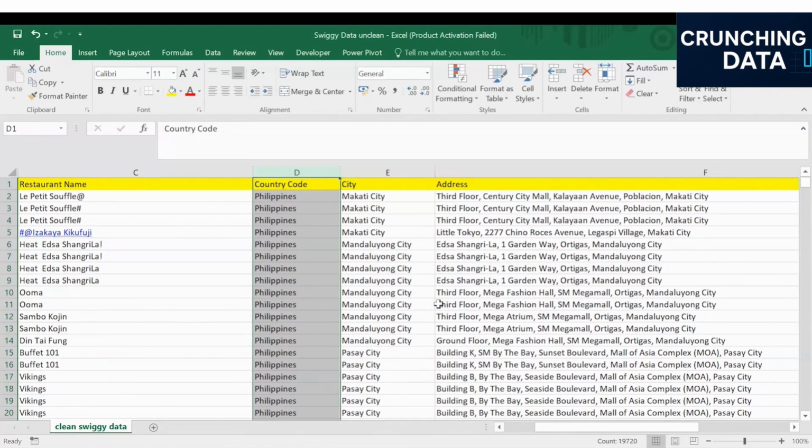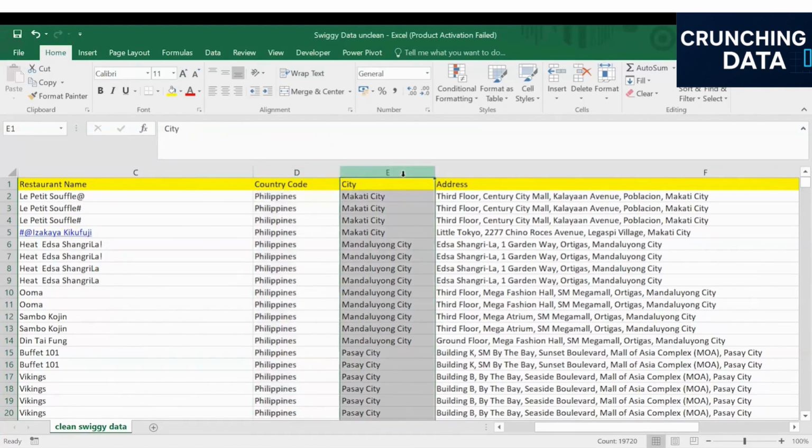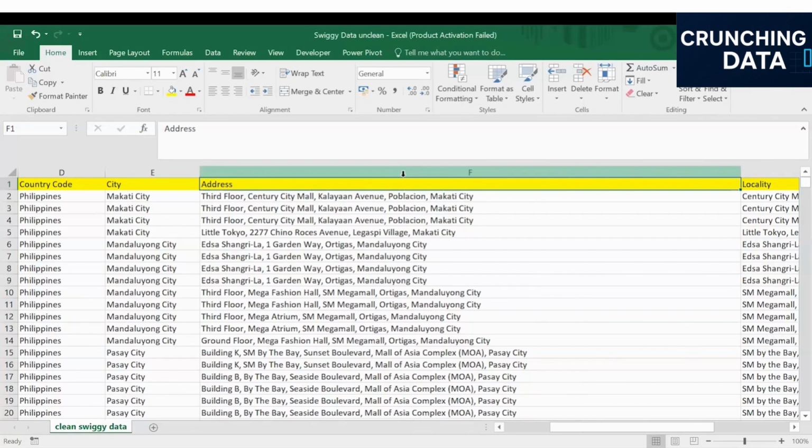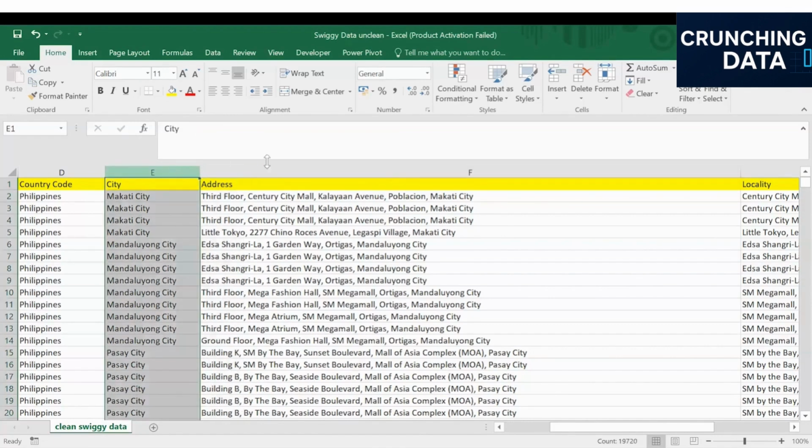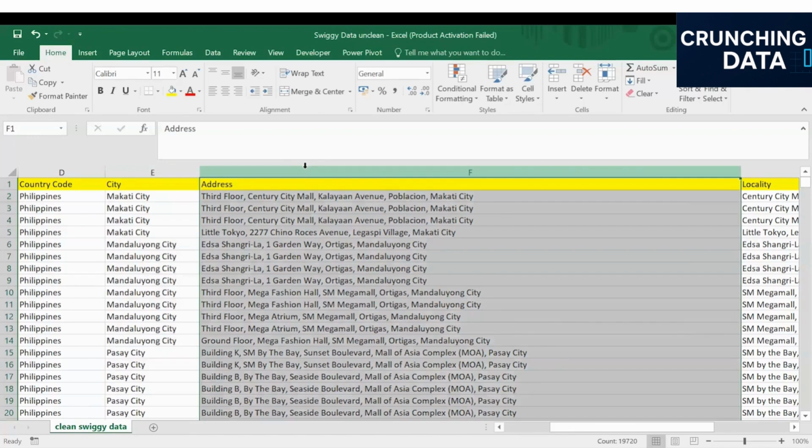Then only you will be able to identify whether you need to clean that data or not. If I talk about the other columns also, we have the city column and address column as well. Now, this address column is very helpful whenever you are dealing with a particular city. Since we already have the city column, we don't need to split this address column and make a separate column